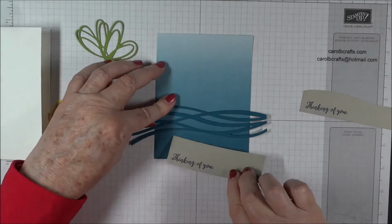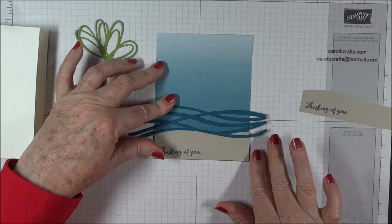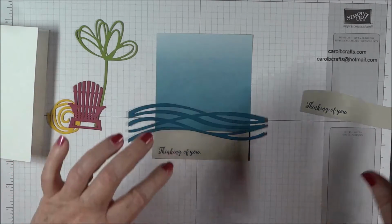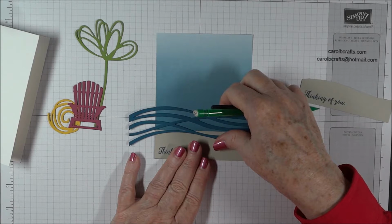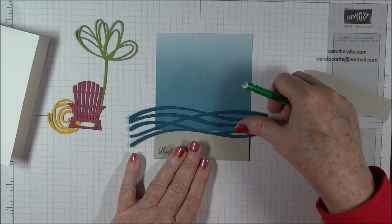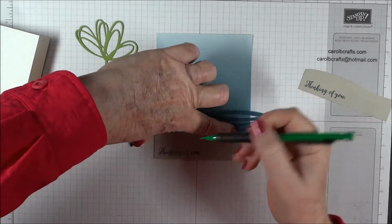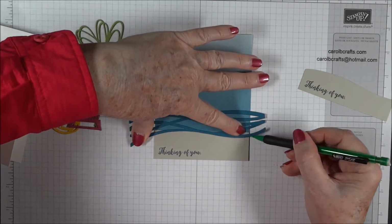And I forgot to put this down, because what I have to do is trace with the pencil. So you'll need to get a pencil. Get that in place as well as I can. Get my pencil, and it looks like I'm going to have to bring this down just a little bit, and that up a little bit. Okay, so now I have it so that all I have to do is just take my pencil and kind of hold it in place. It's a little bit hard to do, and I'm off camera. I can try to move it so that. So there's my